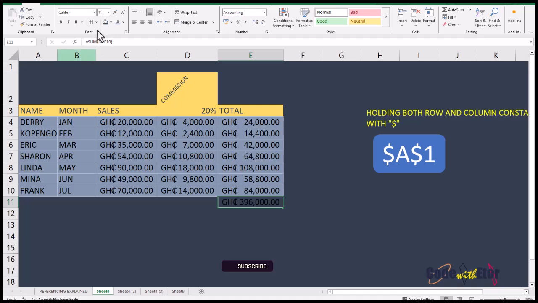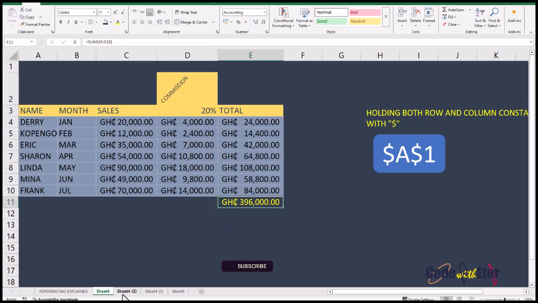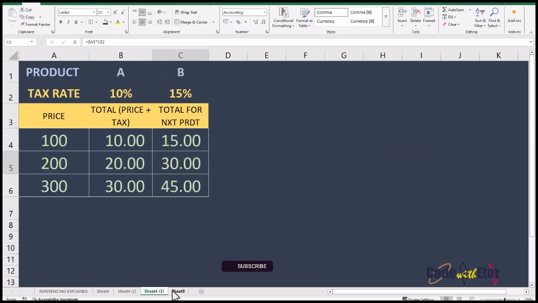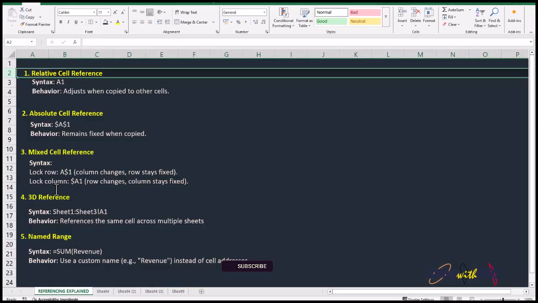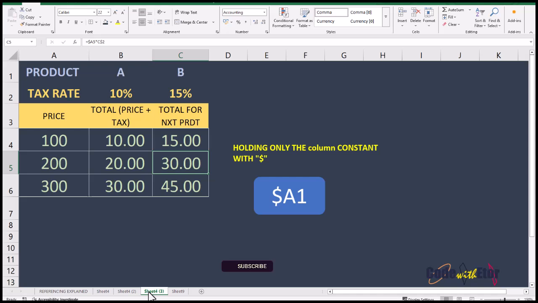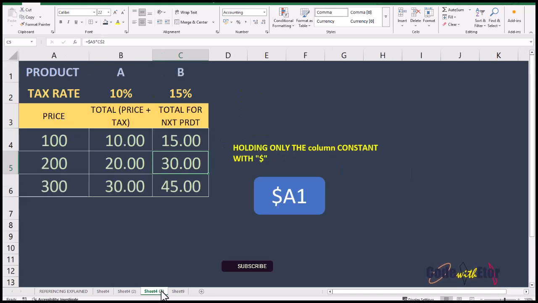Is this, and then we want this value in different sheets. That is when we use the 3D referencing. So this is how it works. If you're in the sheet where you want that figure, let's say you want it here, in this particular sheet,